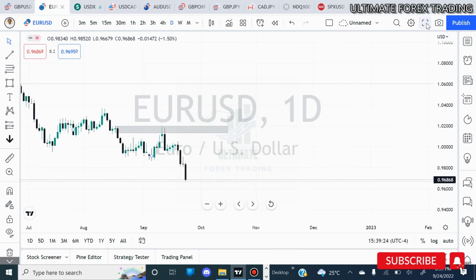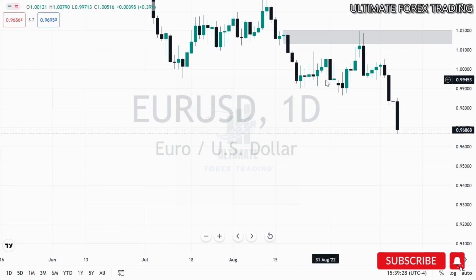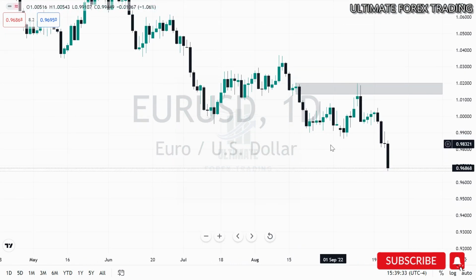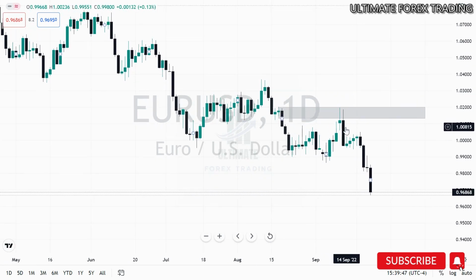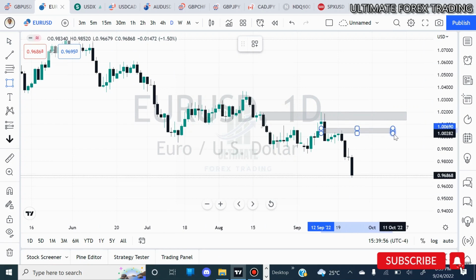Let me zoom this very well so that you'll be able to see it. And also, after the swift expansion that we had here, we have price slightly consolidating to fill this fair value gap, right? We have price retraced into this fair value gap,